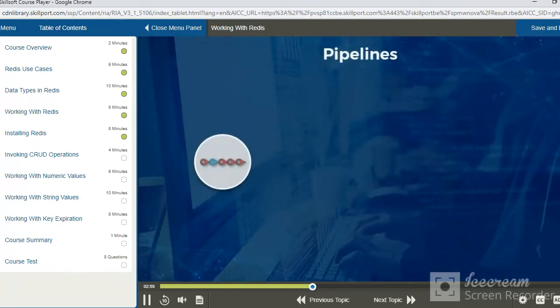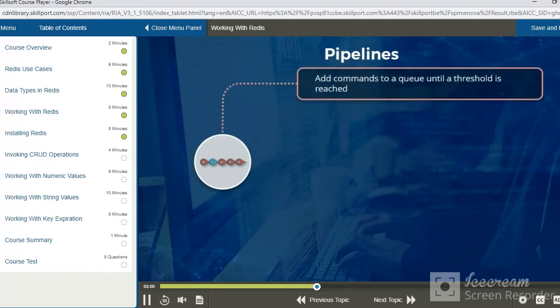So let's zoom in and take a look at what exactly pipelines are. When there are multiple commands which need to be executed, these are not sent directly over to a Redis server from a client, but